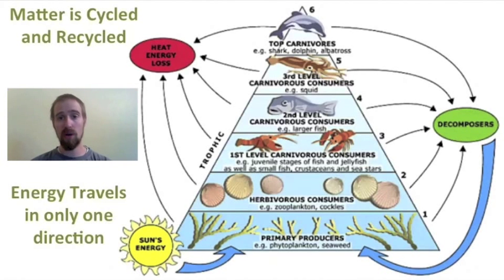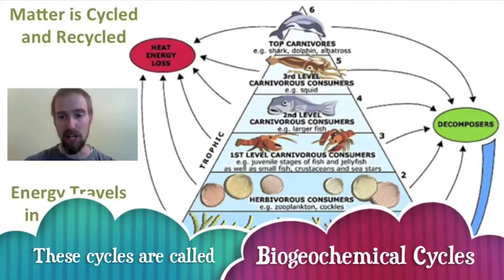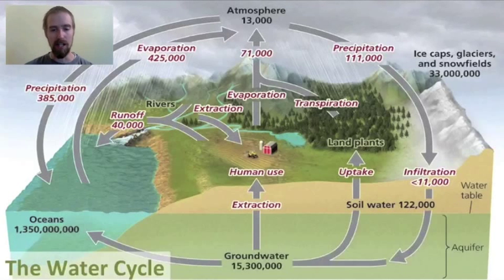And next we're going to learn about the water cycle, the carbon cycle, the nitrogen cycle, and the phosphorus cycle. So let's start with the water cycle. And on this figure here, the arrows represent the direction that water is getting moved around. And remember, water is made of both hydrogen and oxygen.